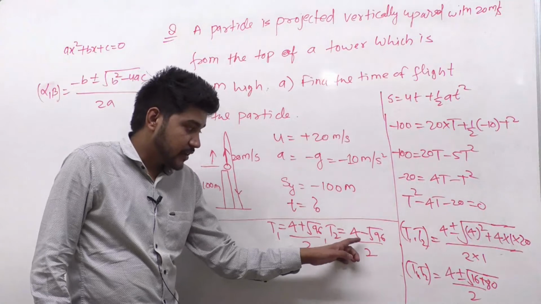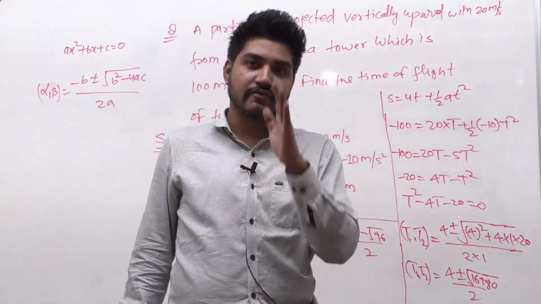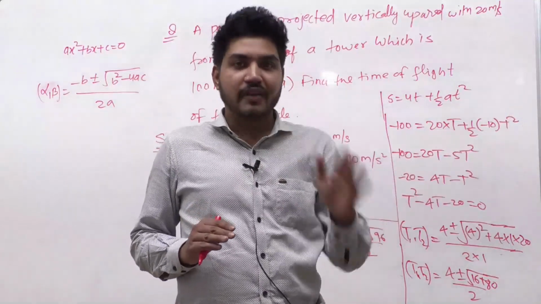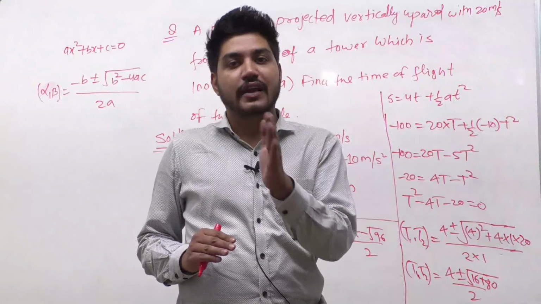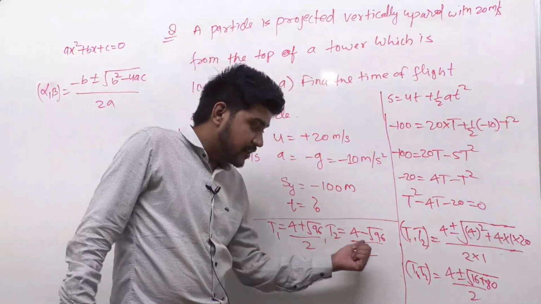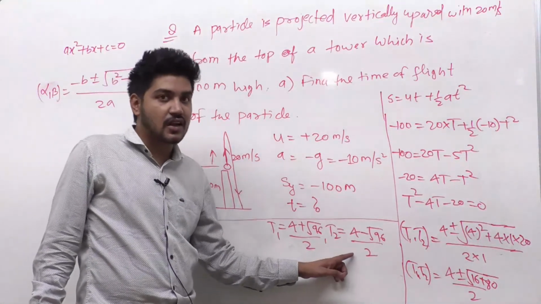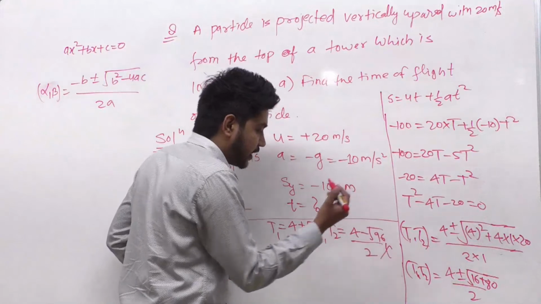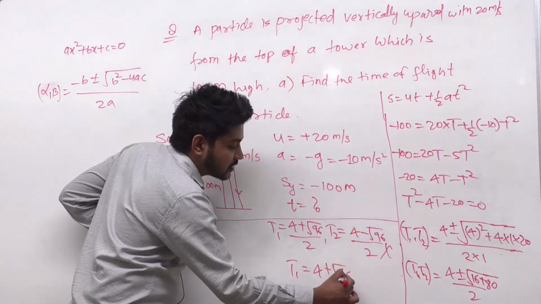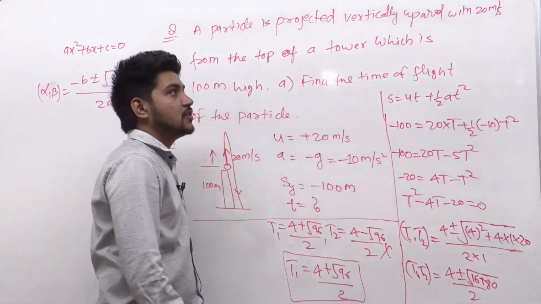So if you see over here time is coming negative, we never take time as negative. Time will always start from 0 and it will always be positive, right? Whenever you are getting time as negative, it means you have done the calculation wrong, so you have to resolve the entire problem. So over here time is coming negative, but here time is coming positive, so we cannot consider this as our result. Why? Because time can never be negative, right? So the only result will be t1 equal to 4 plus root over 96 by 4. This will be our answer to the question.